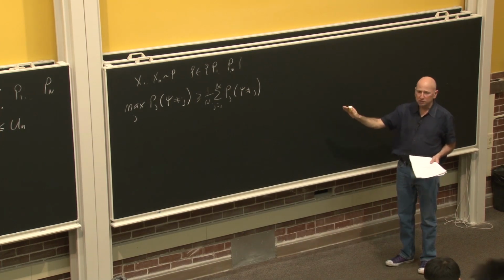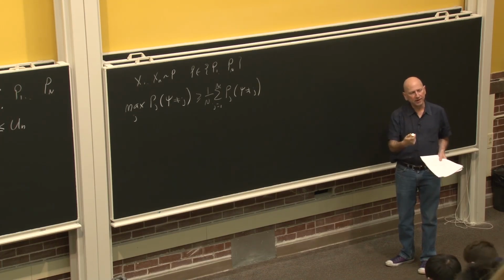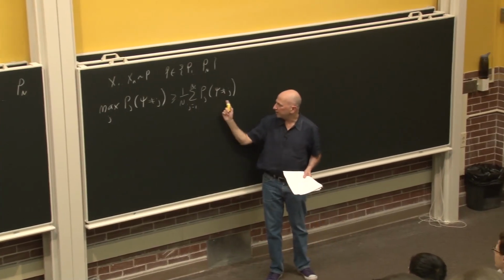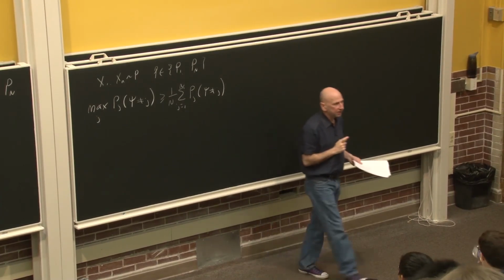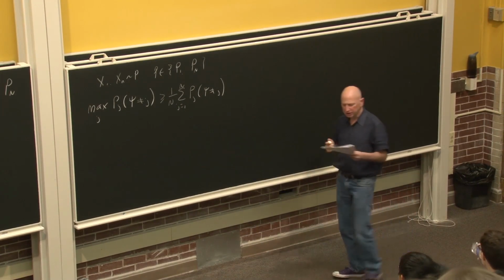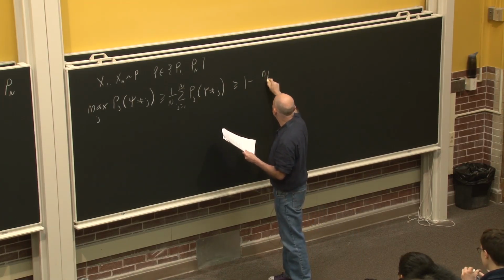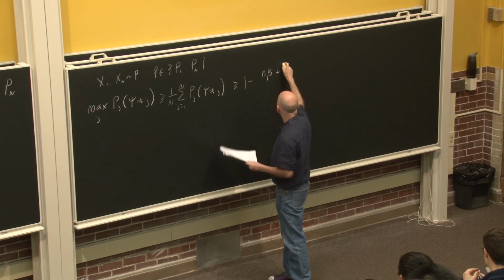And so now we've just reduced it to the following problem. I generate an observation. You guess which distribution it came from. What's the probability you make an error averaged over all the distributions? And Fano's inequality, but the proof is in the appendix, says that it's this. It's 1 minus n beta plus log 2